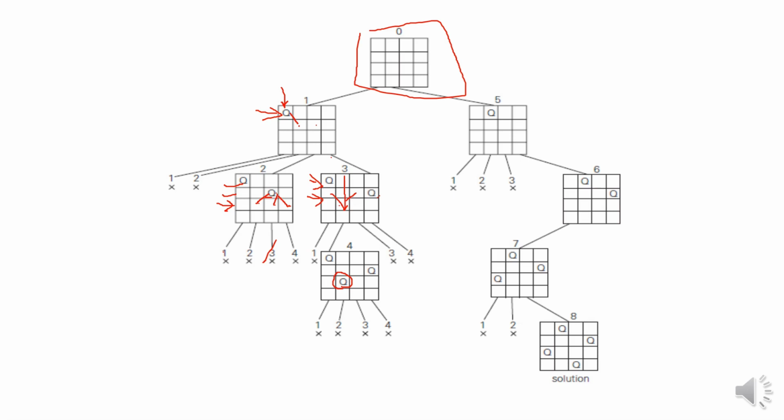Next, you are going to expand this particular node and try to place queen 4. Now queen 4, can you place it in column 1? No. Okay, try placing it in column 2. You cannot. Why? Because another queen, queen 3, has already been placed in the same column. So try placing it here. When you place it here, the problem is that it is on the same diagonal.